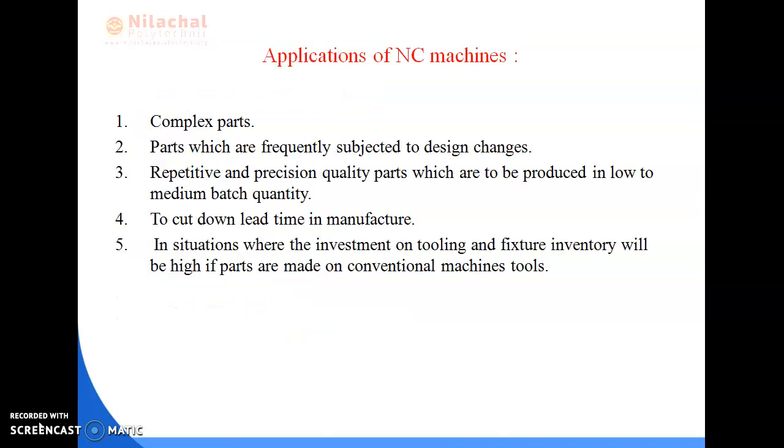Application of NC machines. Where are we using this NC machine? While producing complex parts, we are using NC machine. Then parts which are frequently subjected to design changes, means the models are changing frequently, there also we need NC machine. Then repetitive and precision quality parts which are to be produced in low to medium batch quantity. To cut down late